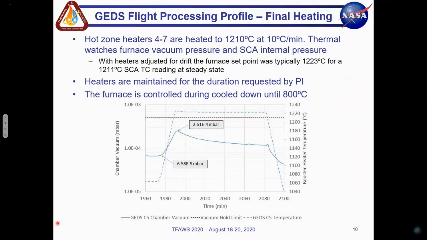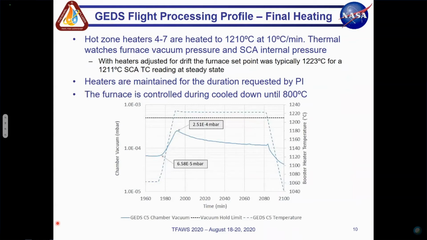So the furnace has an internal pressure limit of 10 to the minus 3 millibar, but we had a waiver to raise this up to 7 times 10 to the minus 3 millibar. And if the furnace reaches these pressure limits, it stops heating during that ramp and goes into a temperature hold, and it will hold there until the vacuum system brings the pressure back down to 3 times 10 to the minus 3 millibar. And these pressure holds can last anywhere from 30 to 60 minutes. So that's unwanted time that the PI does not want.